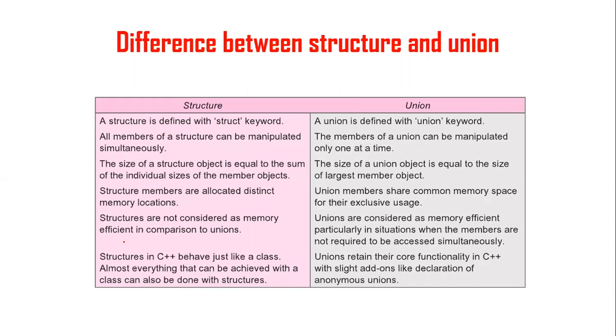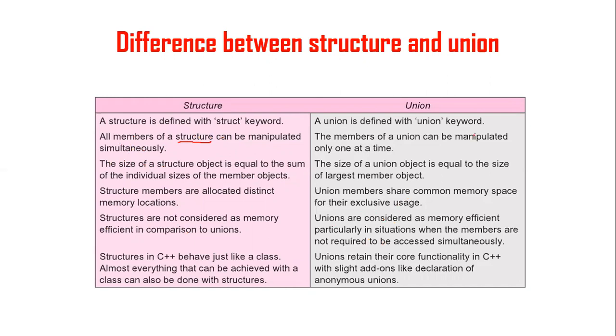What does that mean? If you look at the previous one, some structure members are allocated distinct memory locations, and we can access the members of the structure simultaneously. Understand? That means whenever you access a data member of a structure, a memory area needs to be allocated. Whereas in a union,